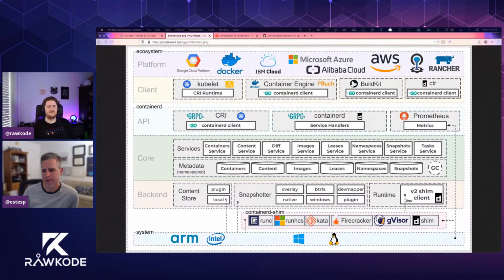So yeah, I'm rambling a little, but I don't see Containerd ever being that full Docker ecosystem replacement, because again, Docker is more than just the container runtime these days anyway.